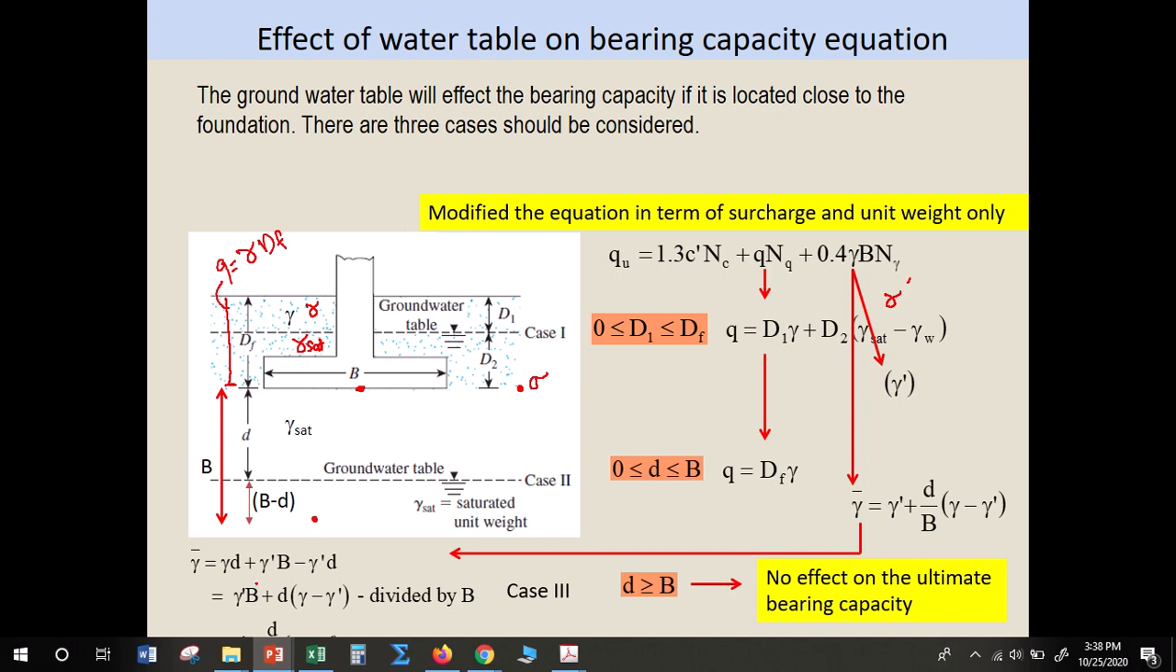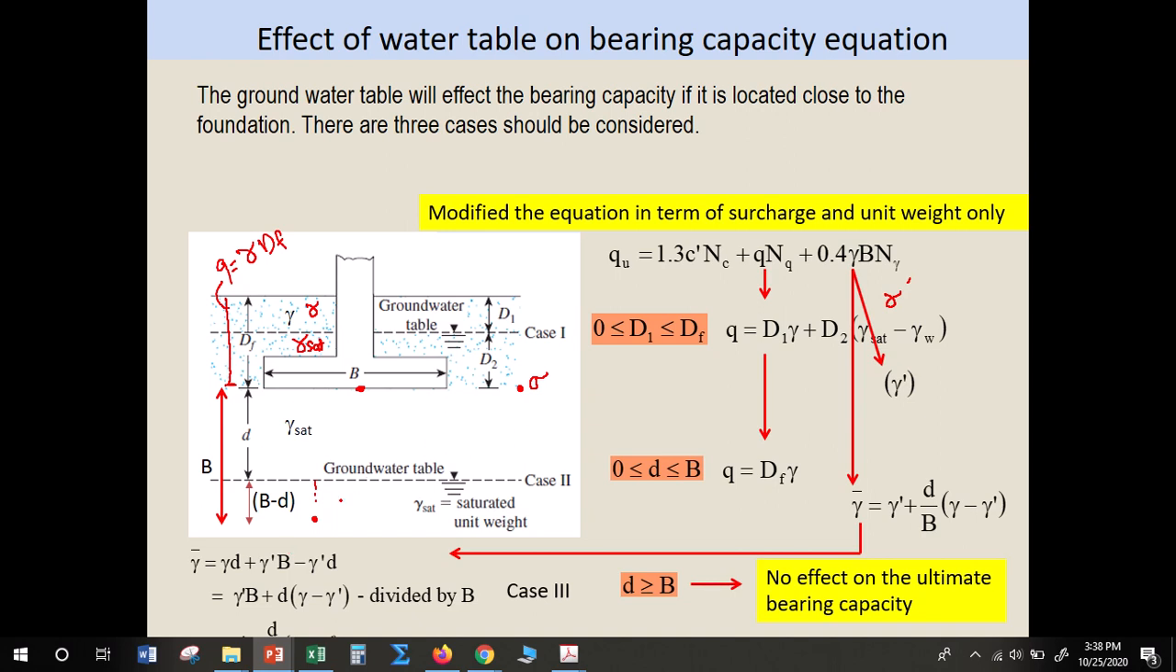So the stress is gamma D. Gamma D is the dry, right? This is dry because it is located above the water table. So we use gamma D because it is D. Okay, and then you have to calculate